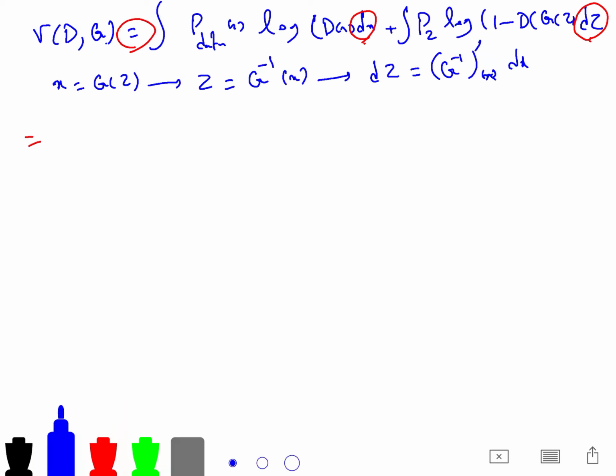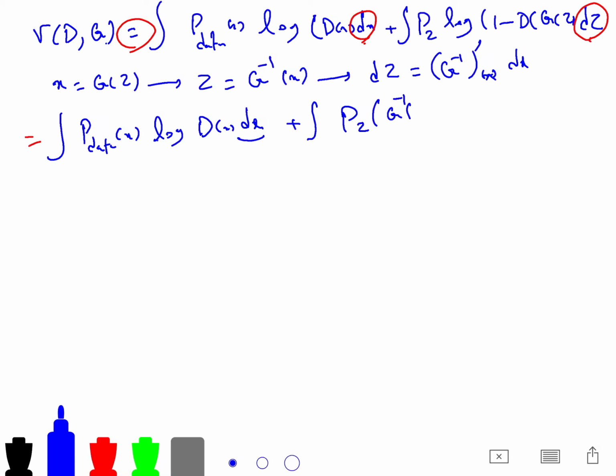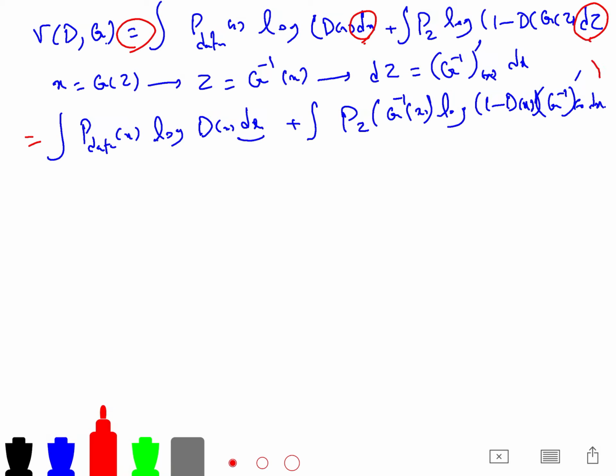So it is equal to integration of p data of x log of D of x. So it is D of x, so I don't change it. But the next term, as I said, I want to make everything integration of everything with respect to x only. And that's why log of 1 minus D of x, g minus prime of x dx. And g minus prime